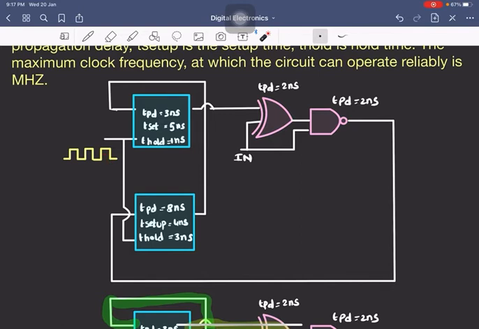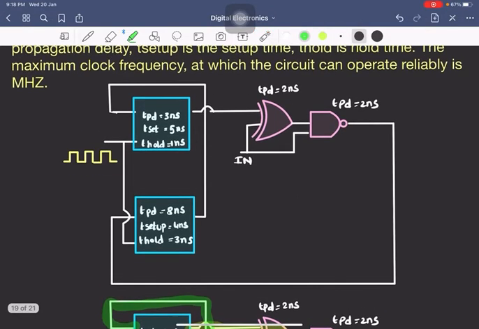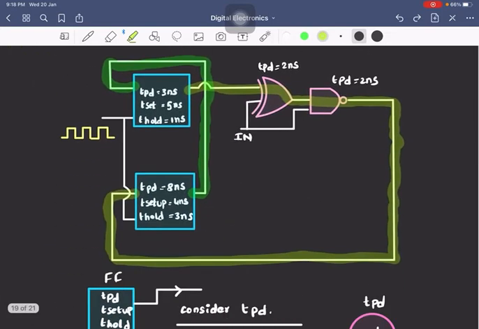What I have said before is that you should identify the paths that start from a flip-flop and end at another flip-flop. So let us identify those paths. One of the paths starts from this flip-flop, goes right, comes back and ends at this flip-flop. One more path starts from this flip-flop, goes in this way and ends at this flip-flop. I think those are the only two paths present in the circuit. You can find out yourself. So at first, I have identified the paths that start from a flip-flop and end at a flip-flop. These two are the paths.